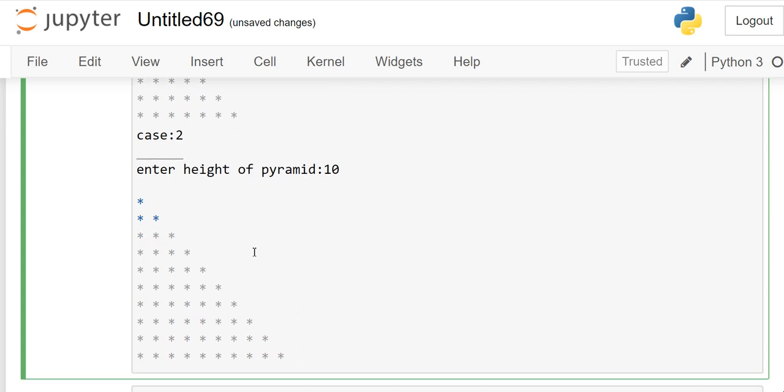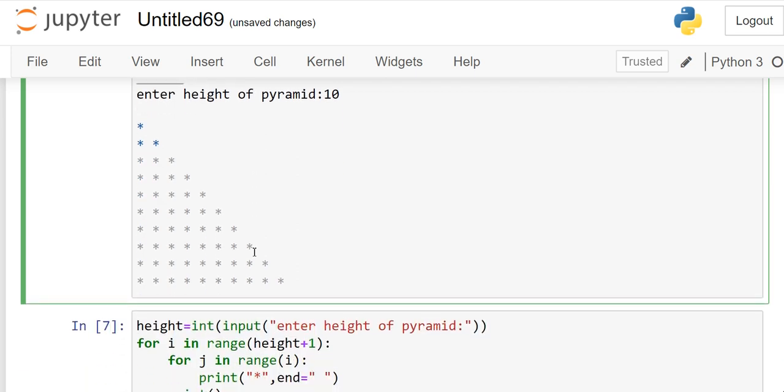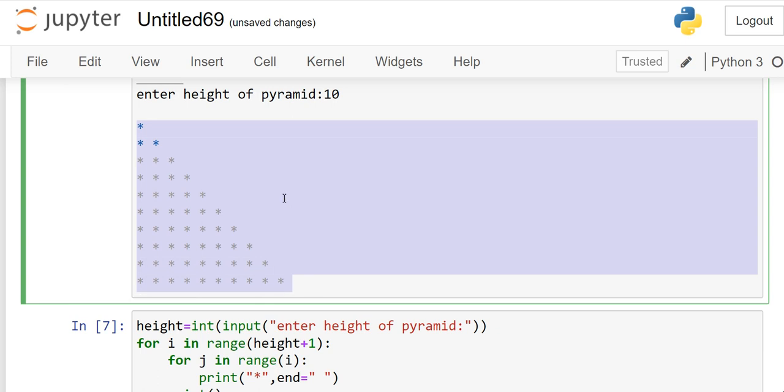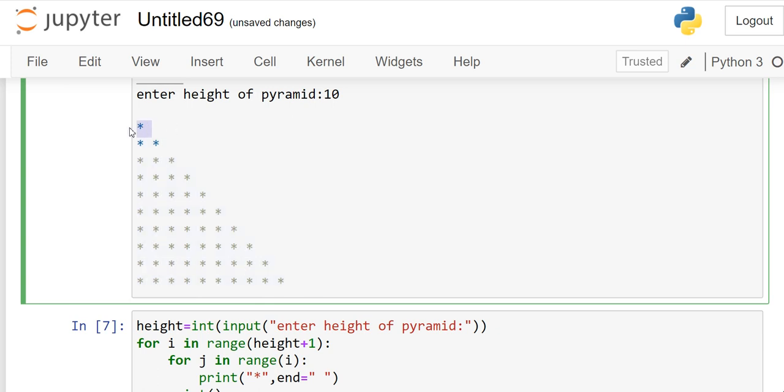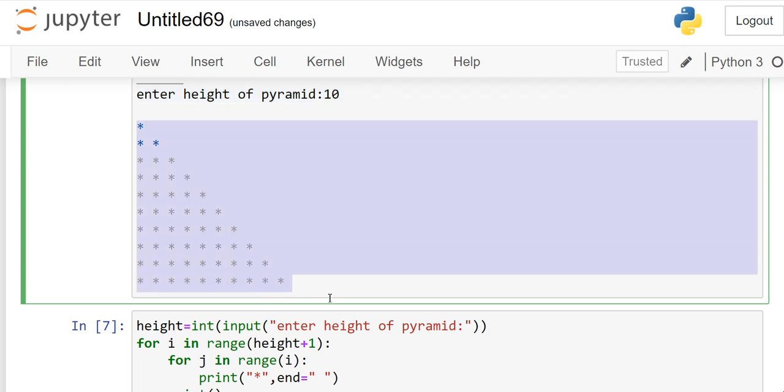See case 2, so that you get a clear idea, and then we can start writing the program. In case 2, the user gives the input 10. Based on the input we need to get the output like this. The first row must be filled with 1 star and the last row must be filled with 10 stars. In this way we need to get it on the output screen. Based on the input and output format we need to write the instructions to achieve the client requirement. Here the client requirement is to get a pattern like this; this pattern must be seen on the output screen based on the input.